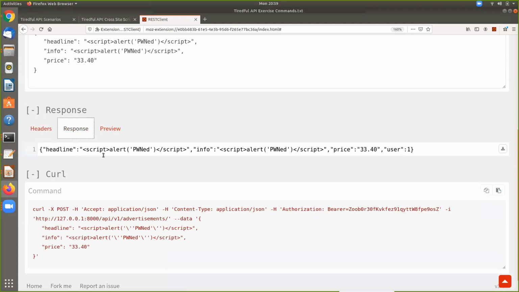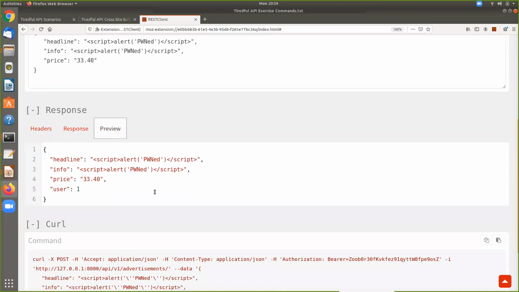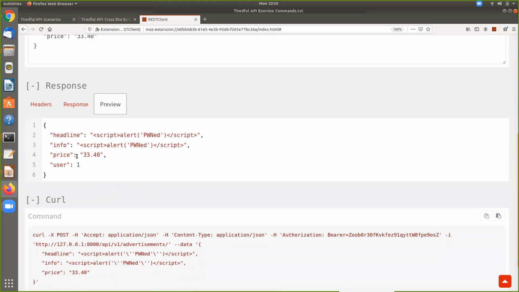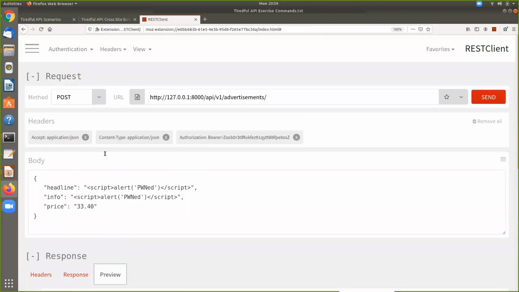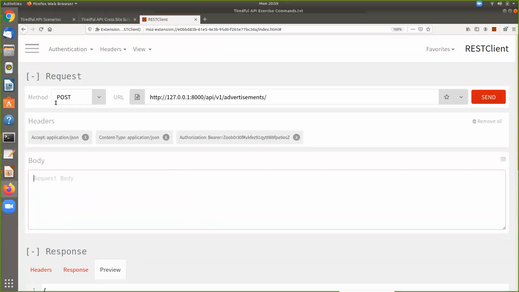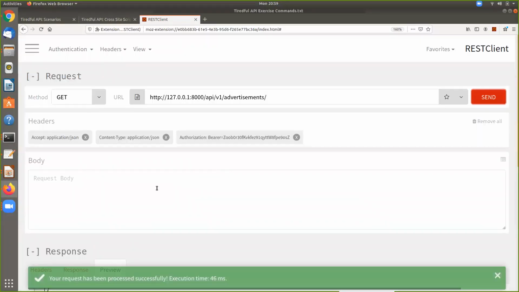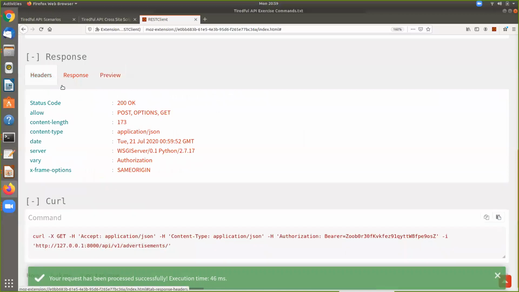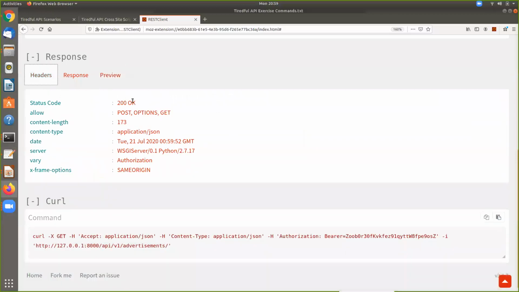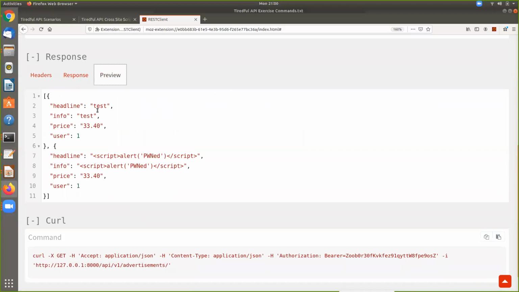Sure enough, we start seeing the JavaScript where it would pop up an alert box saying pwned, for a couple of those fields. We look at the preview, and again, it's exactly what we just saw. Then if we come back here and clean this out, remember there was the GET, and it was really the same address. It should list out everything that's in here. And again, 200 status code. We're not seeing the 201s for created since we're just retrieving it.